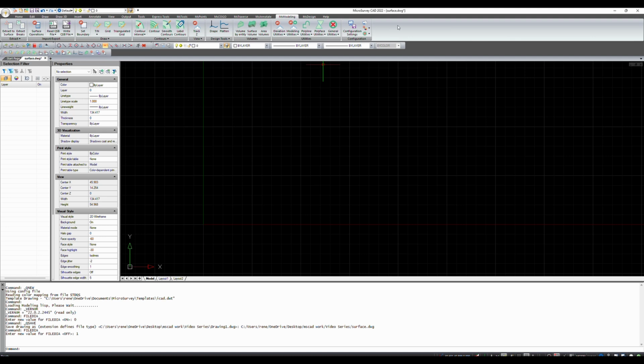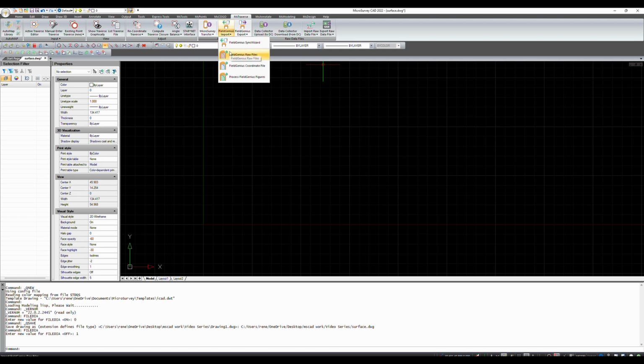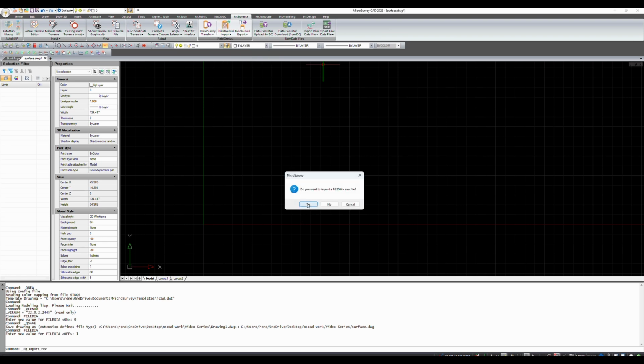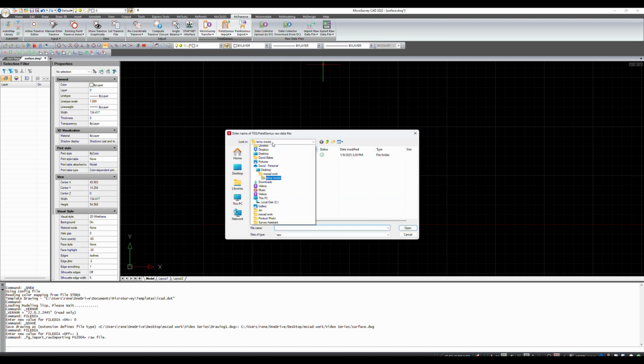So what I'm going to do here is I've got MSCAD open and I'm going to head to my MS Traverse window here. Now, I have this handy tool that says FieldGenius Import, and what I'm going to do is select that and then the FieldGenius raw file option. It's going to ask me, do I want to import a FieldGenius raw file? I'm going to click on yes here and then locate where my file is saved in my file explorer. Once I have that spotted here, I'm going to click on the file and